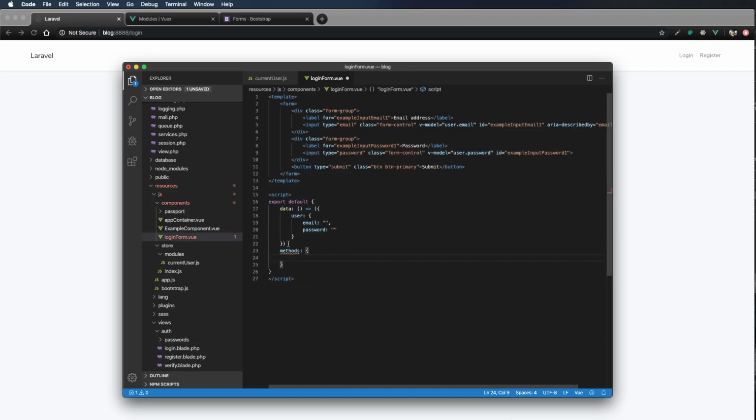We got it. We'll call this method login. And this login method, we want to execute our action handler from our current user. So we'll say this.store.dispatch. In order to execute an action, we use the word dispatch, and then we can do